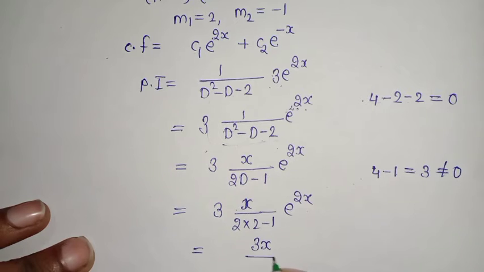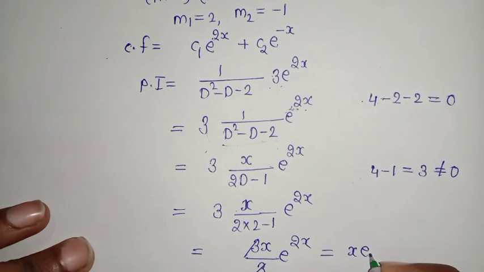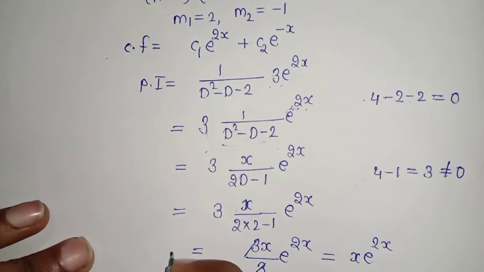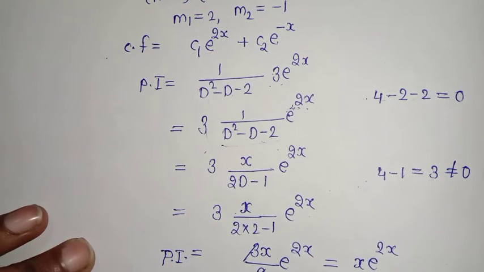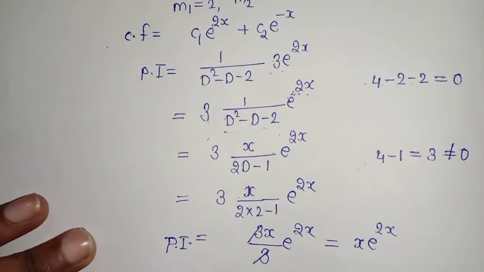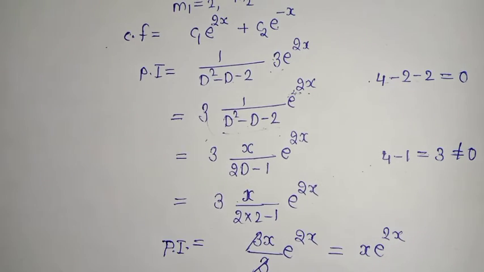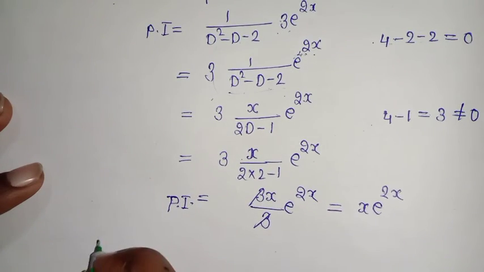3x by 3 into e raised to power 2x. So 3 gets cancelled by 3 and our particular integral is x e raised to power 2x. Now we have found the value of CF and PI, so we can write the complete solution for this differential equation. So the complete solution is